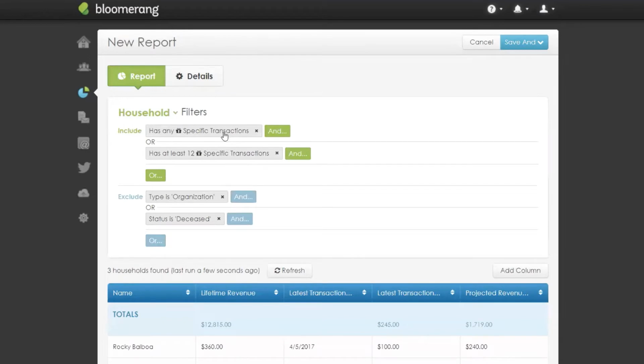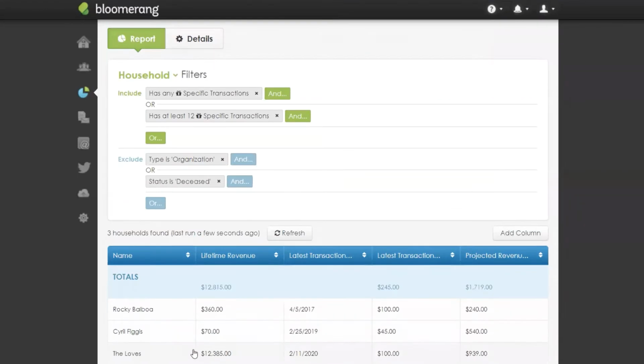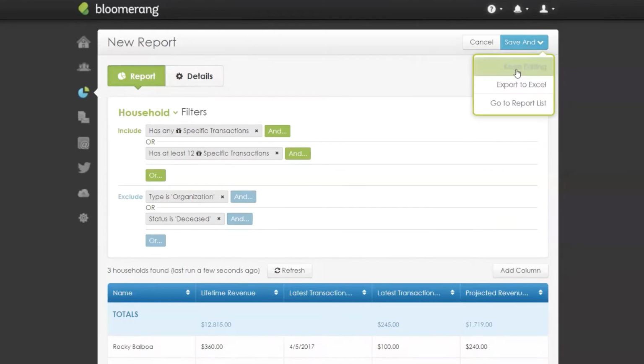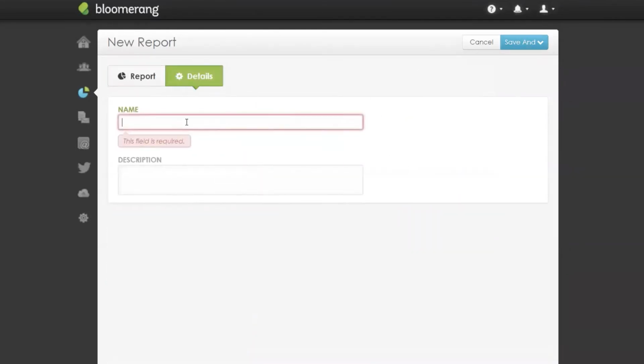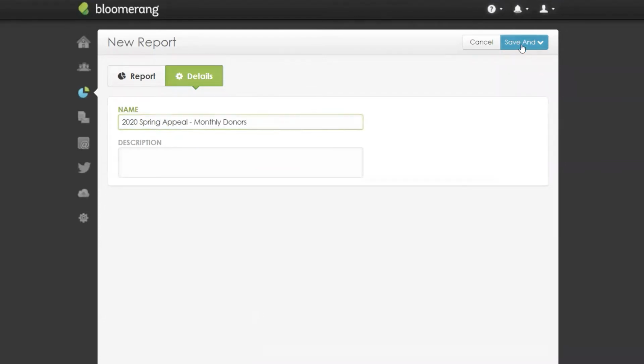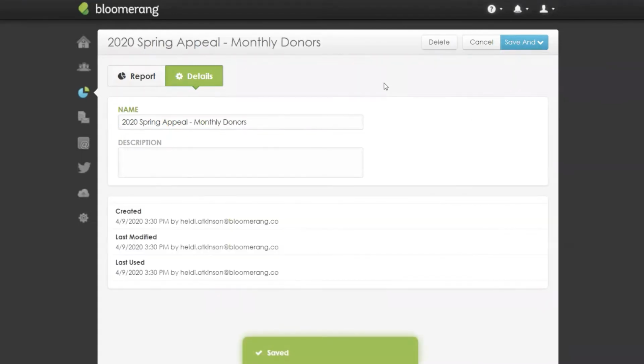So I'm going to basically just save this report and say, yeah, these are my monthly donors. I have 3 of them. I'm going to save that report and call it my 2020 Spring Appeal Monthly Donor List. You probably will do a little more finessing: who's on your list, what are your rules? I just wanted to highlight this, and how once you've got a report saved, if you've been working on it over here,